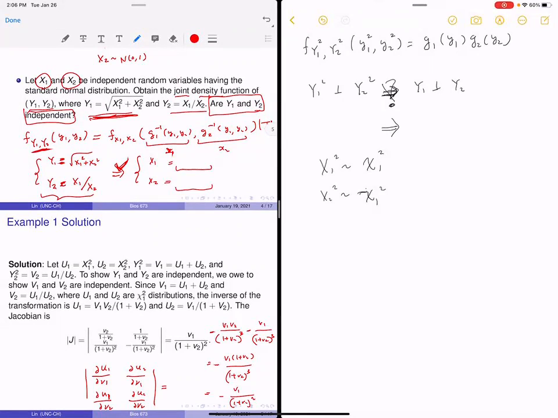So I'm going to change the notation, calling these U1 and U2. Then I'm working on U1 and U2 in the transformation of Y1 squared. Maybe I call V1 as Y1 squared, which equals X1 squared plus X2 squared, which equals U1 plus U2. And